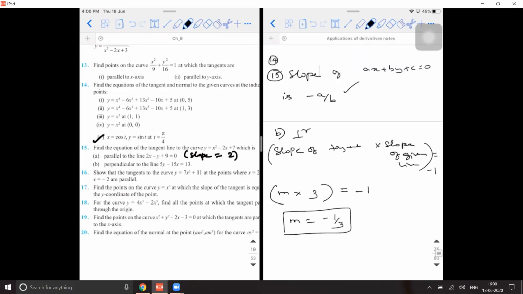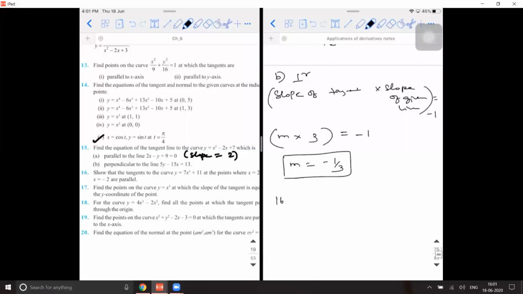Since you know the point, you can find the equation of tangent to the curve. First you need to find the value of x and then substitute it back to the curve. Then you will get the coordinates. You will have the coordinates and the slope. Use the slope point form and get the answer.